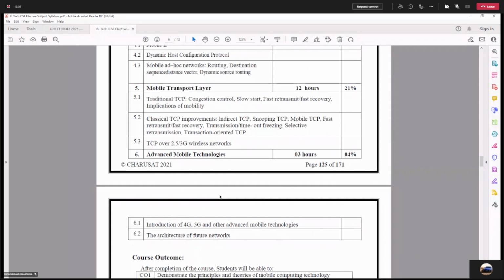Then is advanced mobile technologies. Here you think about what was in 3G, what is in 4G, what is in 5G, and what could come after 5G, right? What are the architectures that can be used for the network in the future? What can be done for wireless communication and wired communication in the near future? Because you would require advanced technologies for the present purpose, right? For the present situation we will need more technologies. So in the sixth chapter, you would be learning about different advanced mobile technologies that would be preferable for the near future. If you are having any doubt now, you may please ask.